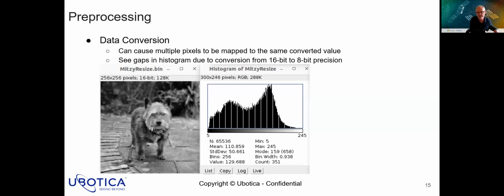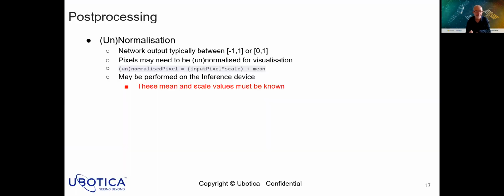So this may have slight impacts in terms of the results of the inferencing that you're getting out of the AI processor on board the satellite, as against what you see on the training framework itself. Okay, and then finally, on the post-processing side,